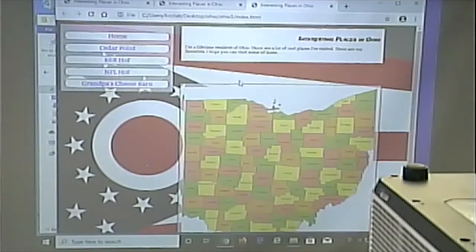Now, we spent a fair amount of time on the first prototype, right? Each prototype we've done since then, we've done in a fraction of the time. Which means that if you were doing a website for a client, you could easily make a couple of prototypes and show the client that and get feedback from the client about what they like and what they don't like for it. So if we were doing this for the Ohio Tourist Bureau or something, they might look and say,